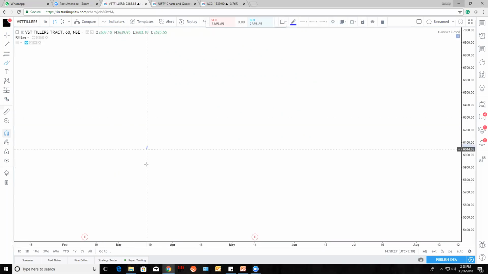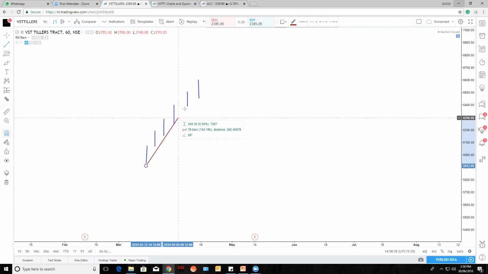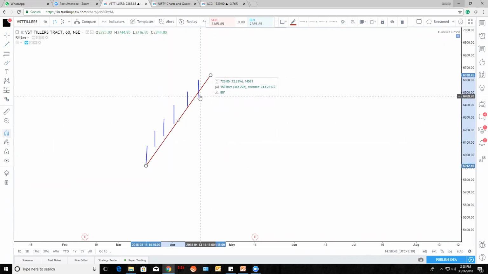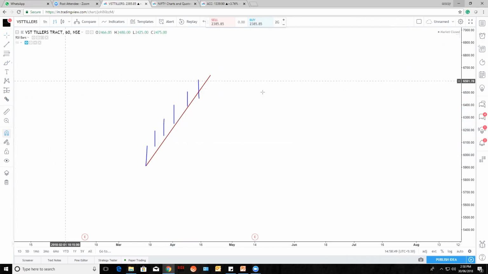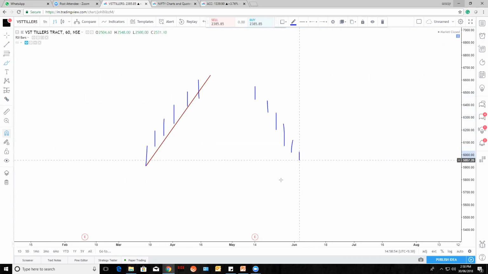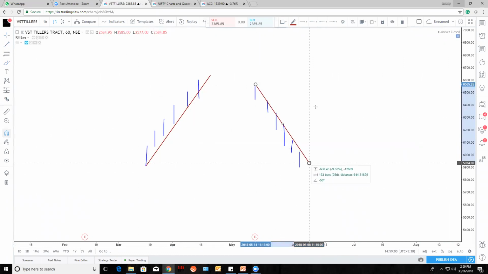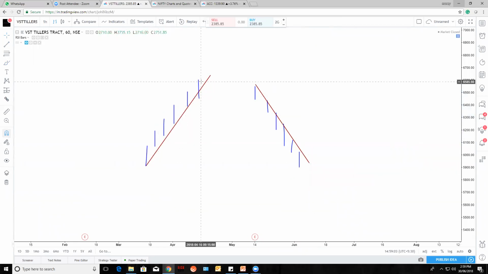For example, let's say this is one candle, a second candle, third, fourth, fifth, sixth candle. If you connect the closing prices or lower prices, you will get a trend. This is a trend line. To draw the trend line for the downside, you need to connect the highs of the candles. So this is your downward slope trend line. This is an upward slope trend line, and that is a downward trend line.